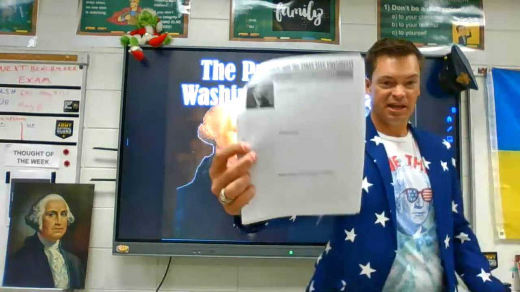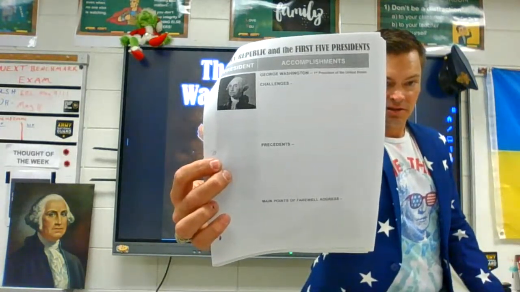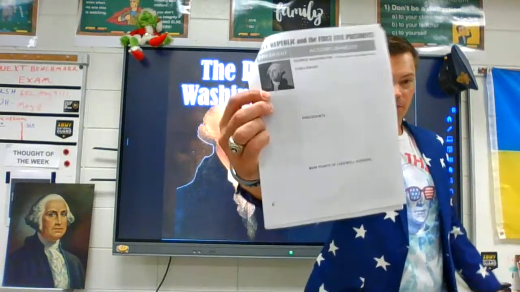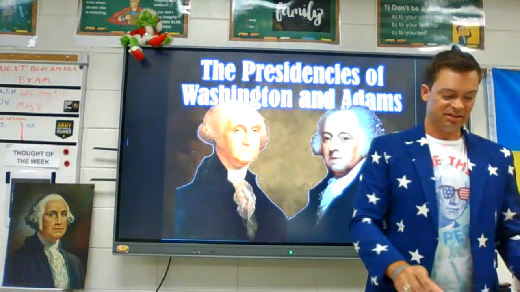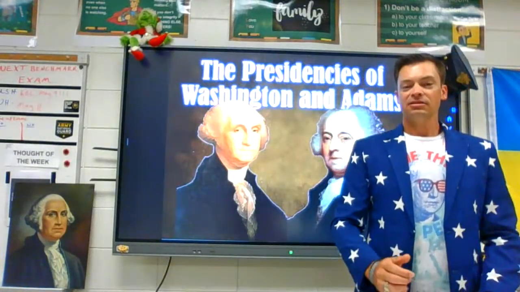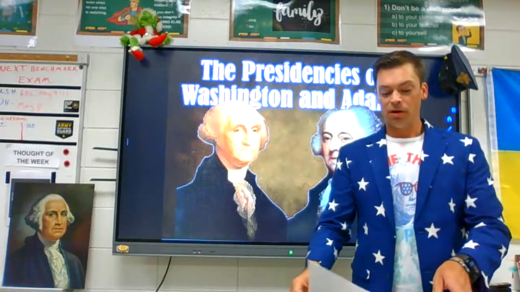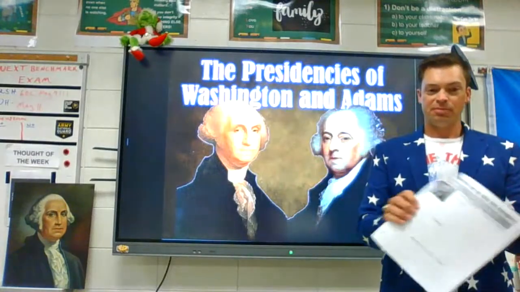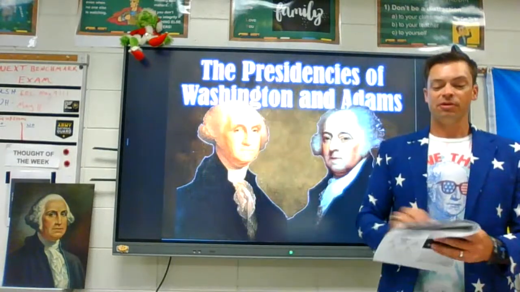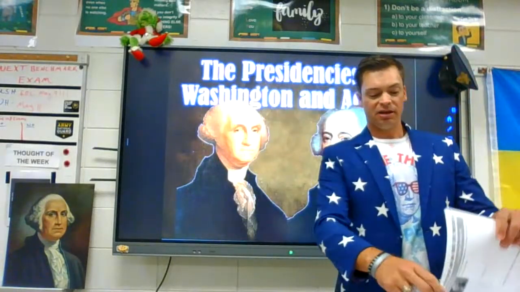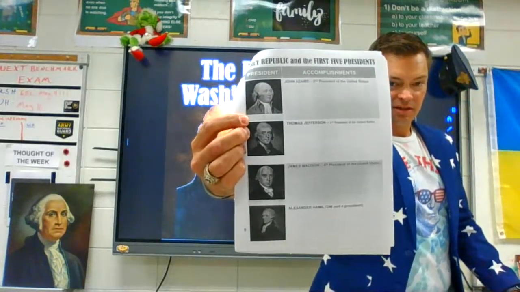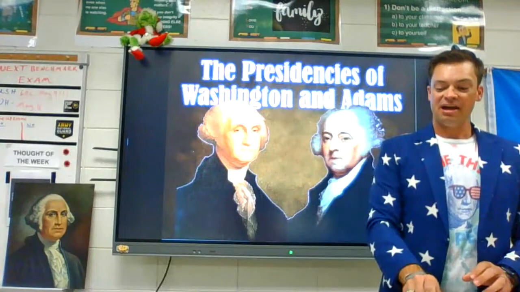There's also this page, looks more open-ended notes, and you can see a picture of George Washington and then a couple of categories about him. You might say, wait a second, isn't that a little redundant? Isn't that something I've already written down? And to that, I would say yes, but what I want to point out, and I'll show you the page again, you're going to see this type of page for every president we talk about in class. And I'll actually flip just a couple more pages. For example, here you have it, kind of rounding out the first 5 presidents.